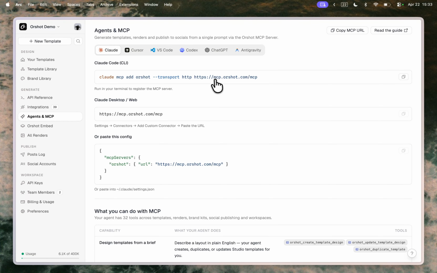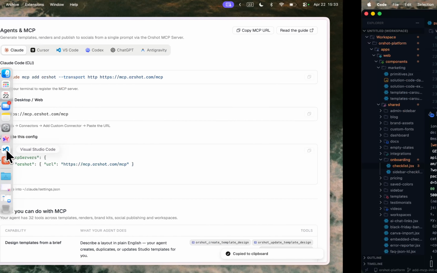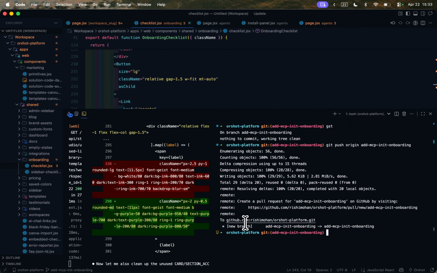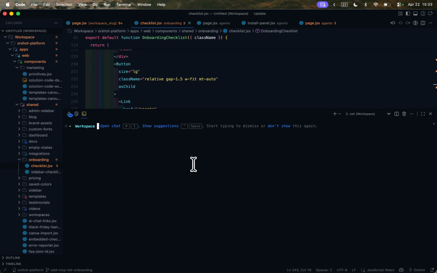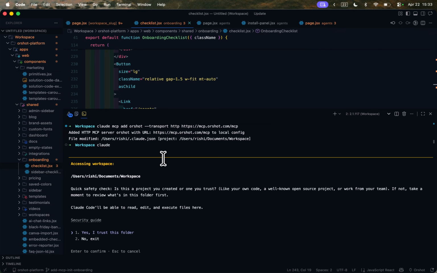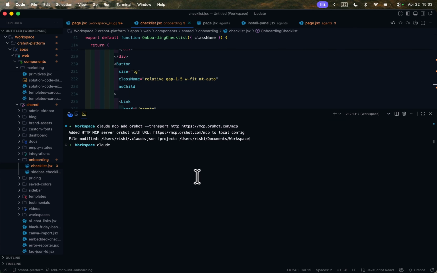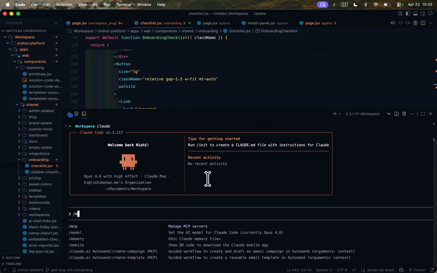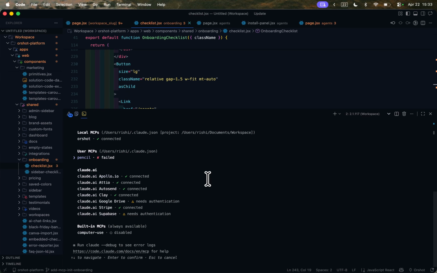So if you want to generate templates, renders, etc. from Claude Code itself, all you need to do is go to this page, copy this, and then run this in the terminal. So I will just create a new terminal and run the command like so, and it will basically add the MCP and say that it's been added. Now all you need to do is just type claude, and yes, I trust this folder, and then if you do MCP, you will see Orshot